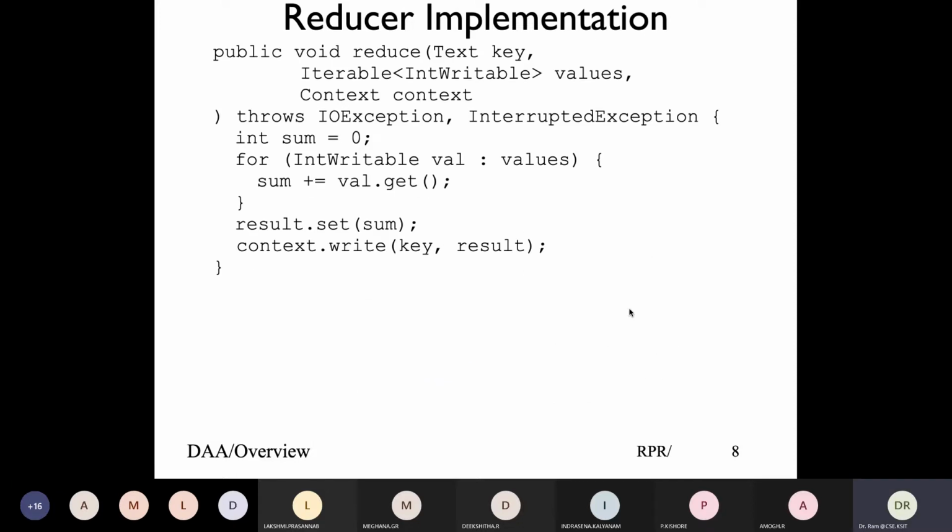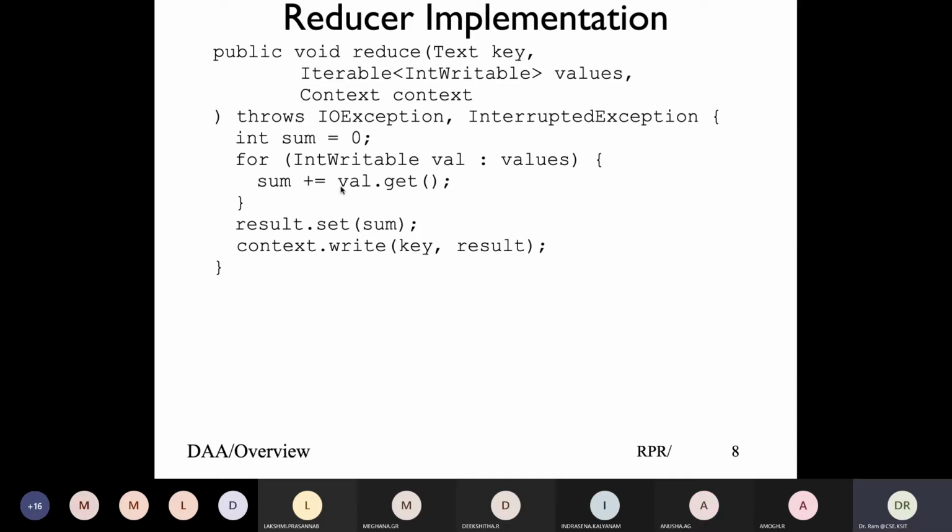So this is the reducer code, and look at all the mappers and reducers. You'll basically see text, key, and the values. The values are integers, so we need to be able to process them. You start with a sum, and in the reducer you get one whole set of words together. You take the values, keep getting the values, and add each value you get to the sum.